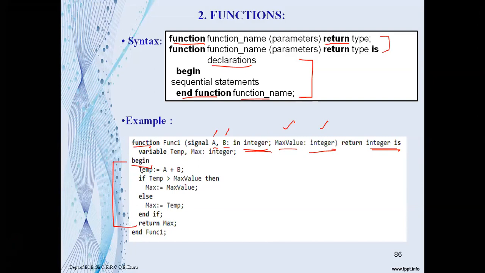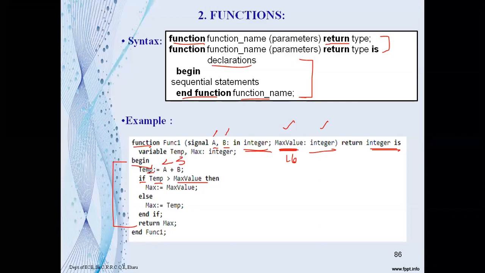And here you have a variable. See this? I mean that assign operator. So temp is a plus b, and you are assigning the addition of a plus b value to the temporary value, and you are checking the temporary value with the maximum value. So in the declaration you have the maximum value.